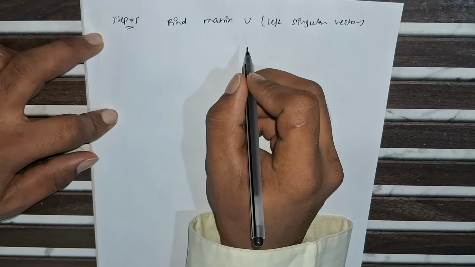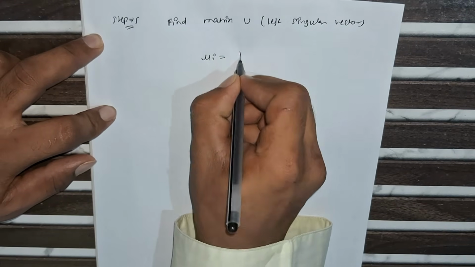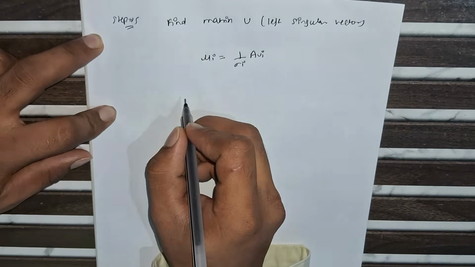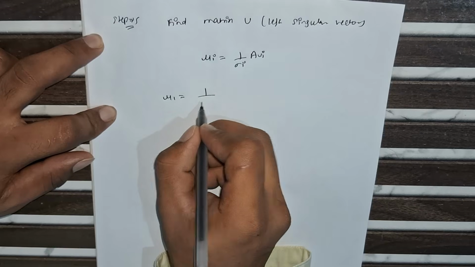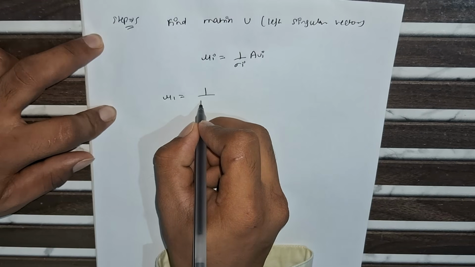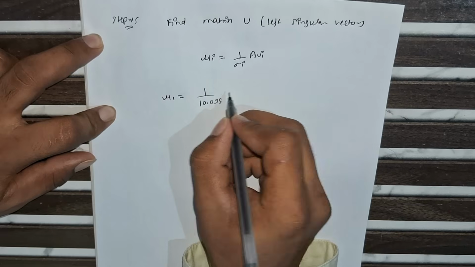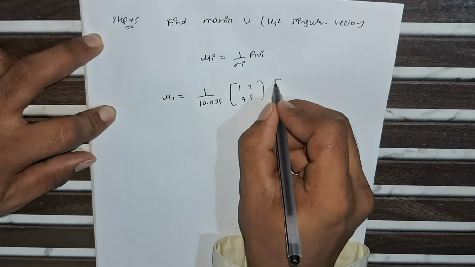So how we calculate it? For that we need to write the formula, which is u i equals to 1 upon sigma i into A into vector v i. So first we calculate for u1, which is equal to 1 upon sigma i value, which is already calculated, which is 10.099, and A vector is 1249, and v vector is